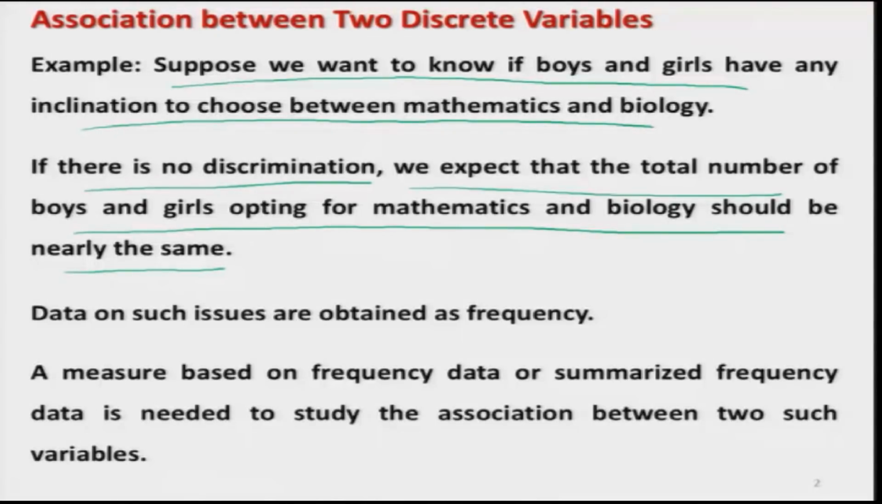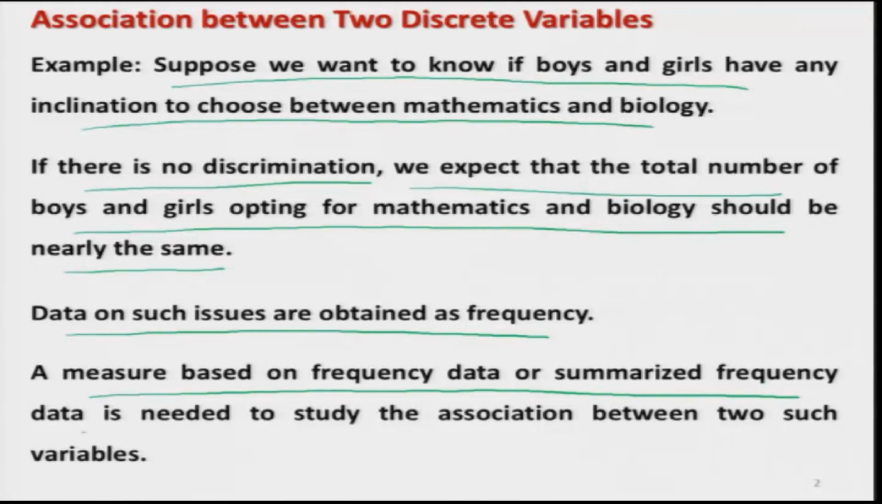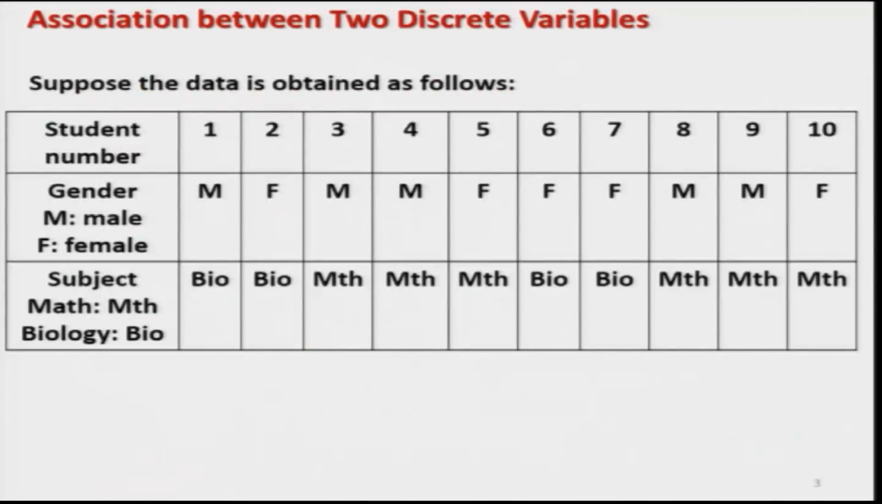So, the data is collected on boys and girls with respect to biology and mathematics, and this data is obtained in the form of a frequency. Now we need to summarize this data into a frequency table, and based on that we need to devise a measure based on this frequency data or summarized data to study the association between two such variables which are basically counting in nature. Now, suppose I take a sample of 10 students,